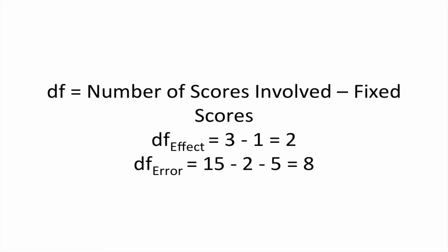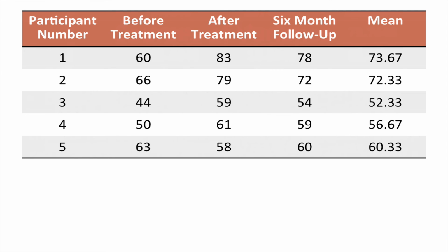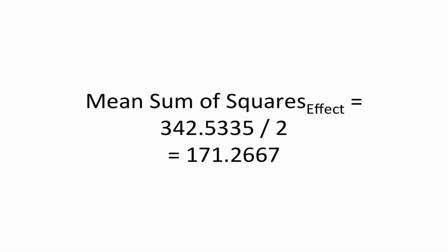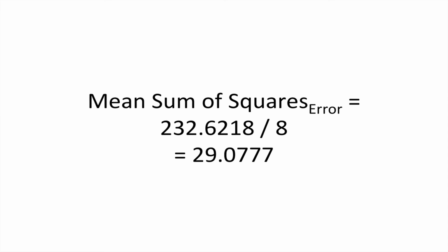But where does this 5 come from? What other scores are fixed? What other scores have we previously used in the analysis that can't change? Well, unlike in an independent ANOVA, we've calculated a separate measure of the variability within participants, and as you recall, that required us to estimate means for each participant. So for every mean we've estimated, we lose a degree of freedom as well. Now that we have those degrees of freedom, we can calculate the average sum of variability for our effect, which is the effect that we previously calculated divided by its degrees of freedom, and also the average variability accounted for by error, which is